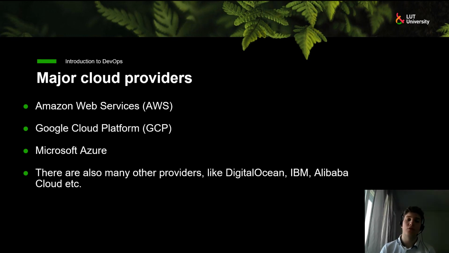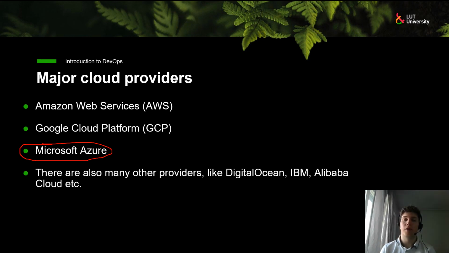During this course we will focus on Microsoft Azure, as it can be conveniently used with the Office 365 credentials that the students already have from the university.